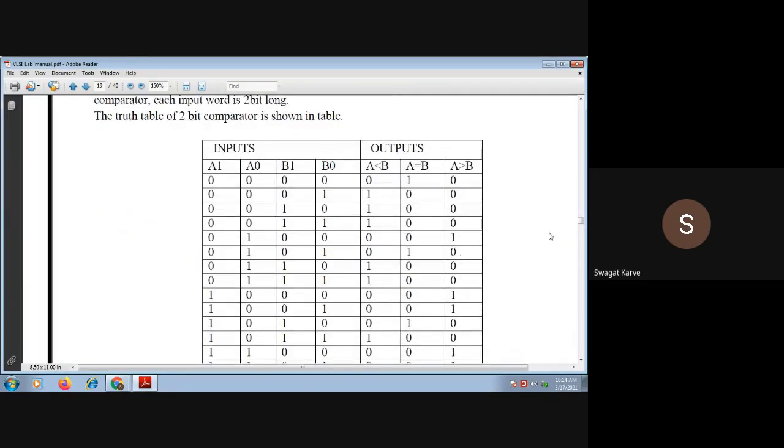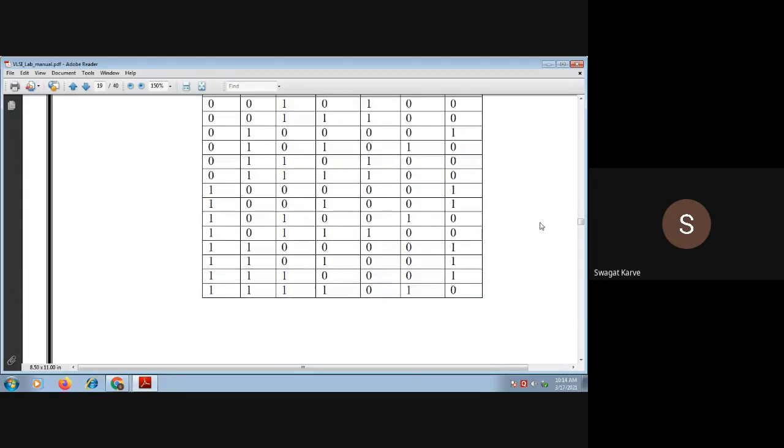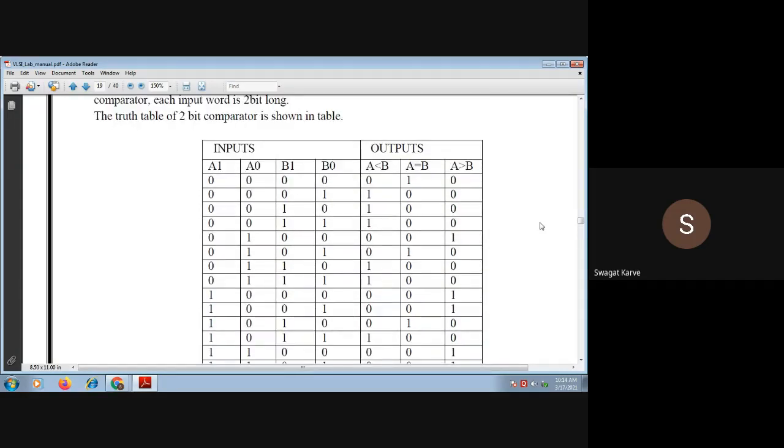For example, here A and B are the two numbers, but each number is of 2 bits. That means A is of 2 bits, B is of 2 bits. If you consider the 4 bits in total, there will be 16 combinations.